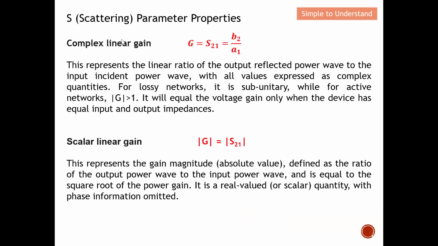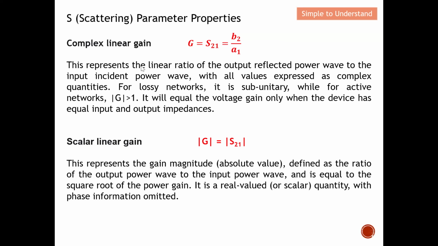Next, let's quickly understand the different S parameter properties here, so that you can understand what we want to mention. The first one is called the complex linear gain. Let's say we describe this in polar form, so you have the magnitude and also the phase. The equation for how you calculate it I will describe later in another video, but this is in general the formula to describe the complex linear gain, which consists of the magnitude and also the phase. This represents the linear ratio of the output reflected power wave to the input incident